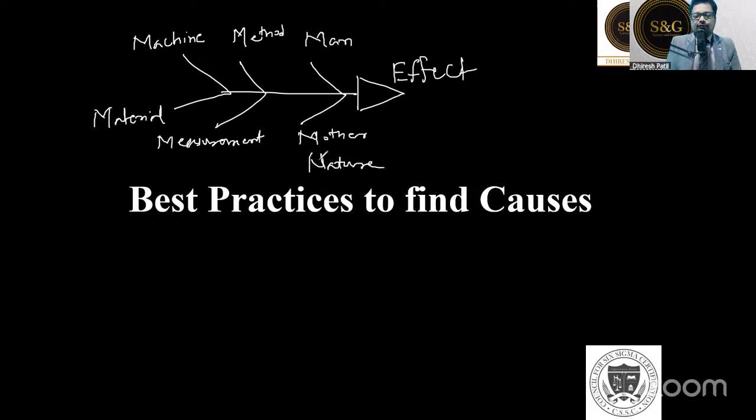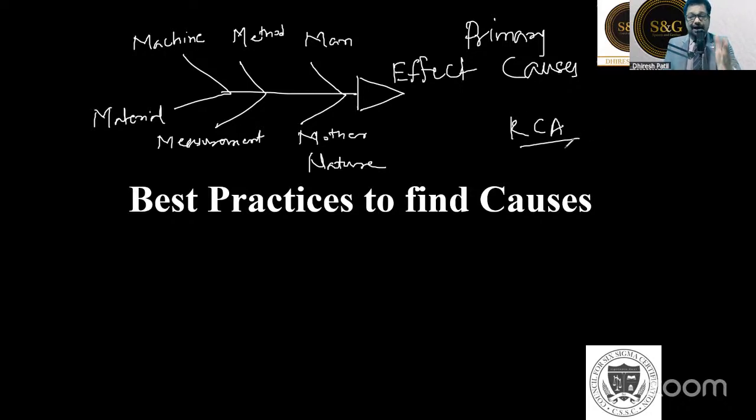So the first and foremost tool we use is fishbone, and in fishbone we identify all the categories, so that we find out the holistic causes. These are basically primary causes. Primary meaning these causes can be seen, they are visible causes to us. If we know the process, these are visible causes to anybody. And then we follow it by root cause analysis, which is nothing but why analysis.